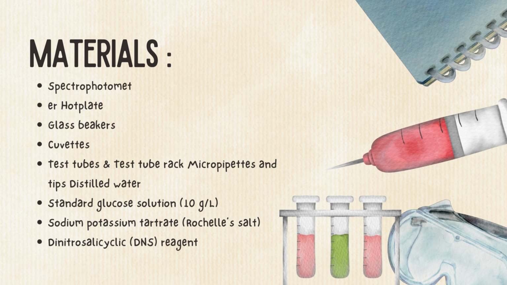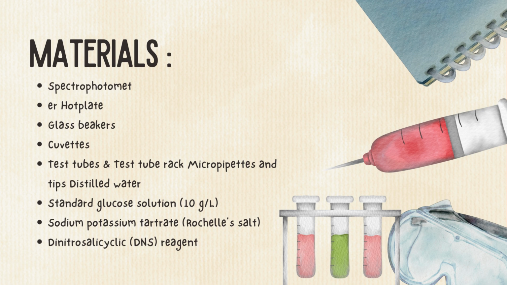For the experiment, the following materials and equipment are used: a spectrophotometer to measure absorbance, a hot plate for heating the reaction, several glass beakers for preparing solutions, cuvettes for placing samples into the spectrophotometer, test tubes and a test tube rack for organizing and holding samples, micropipettes and tips for accurate measurement of liquid,